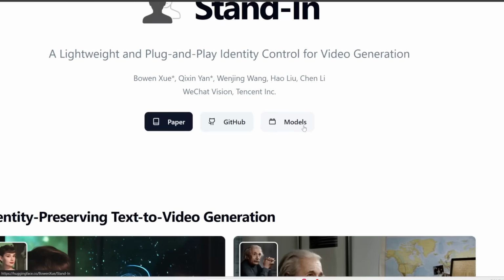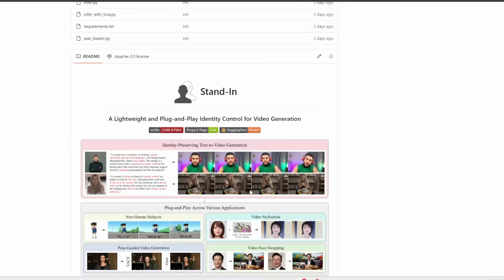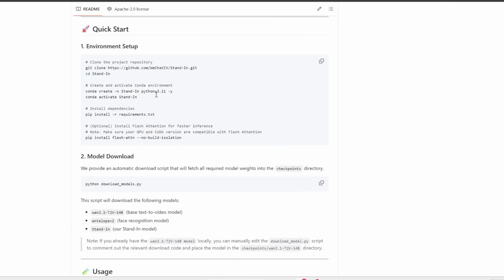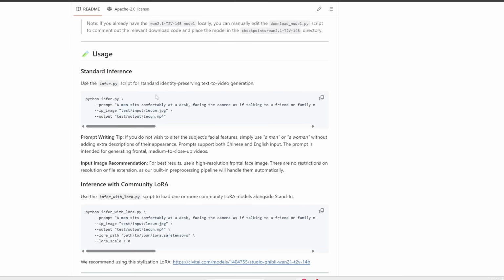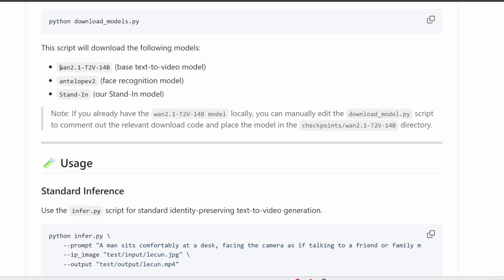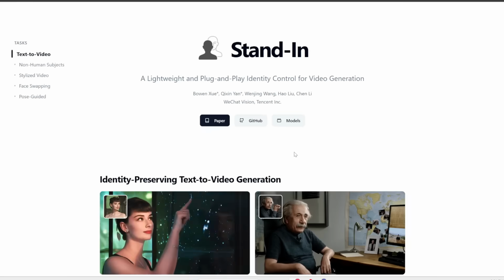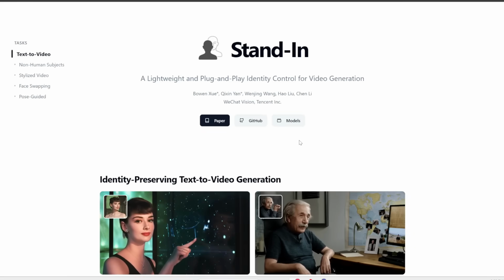already. So the models are all on Hugging Face, plus if you click on this GitHub repo and you scroll down a bit, this contains all the instructions on how to download and run this locally on your computer. And as you may have guessed, this also uses Alibaba's Wan as the underlying video generator. Now, currently they've just released the models that are compatible with Wan 2.1, but they're also planning to release some additional models for the latest 0.2. Anyways, all the links are up here, so if you're interested in reading further, I'll link to this main page